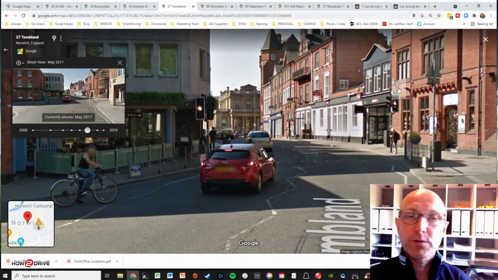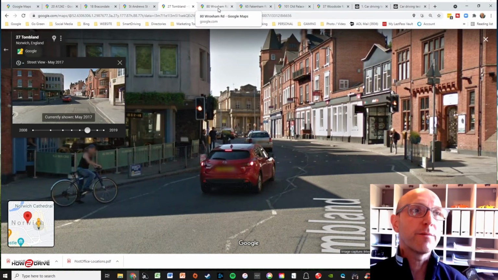Just so you know, this one is no longer a pelican crossing. They've upgraded this to a puffin crossing. Okay, so they're all disappearing. All the pelicans are gradually going to turn into puffins. So moving over,